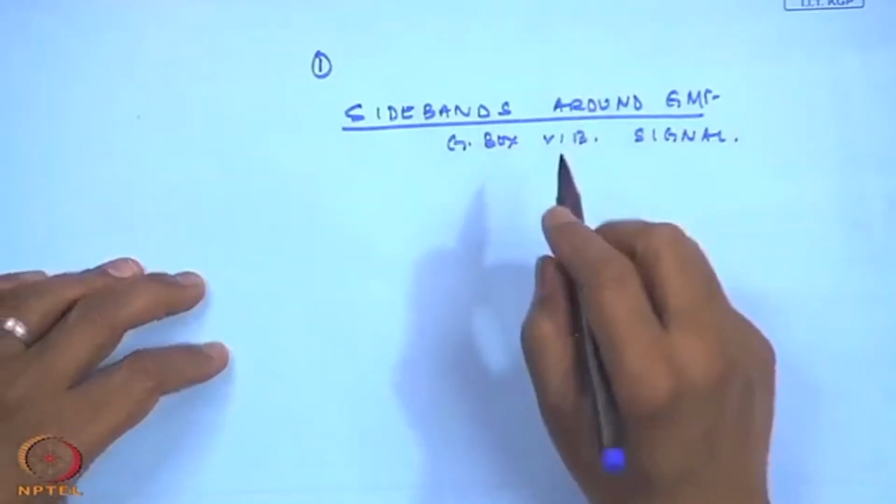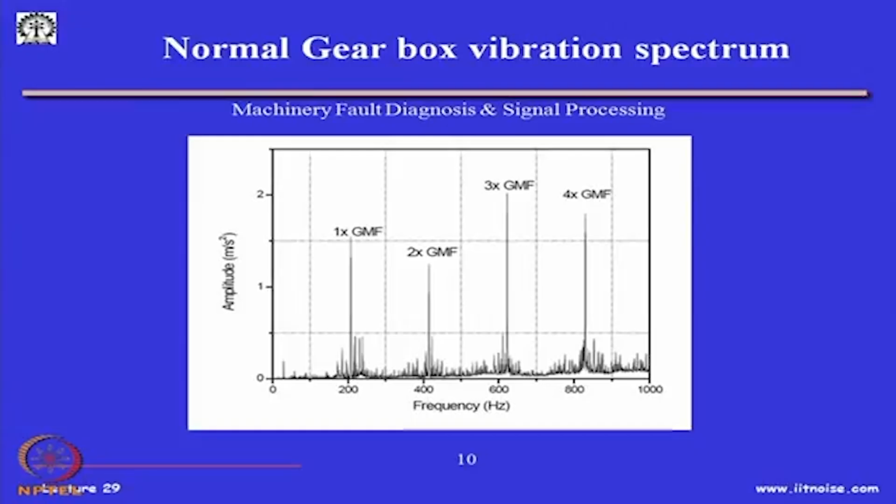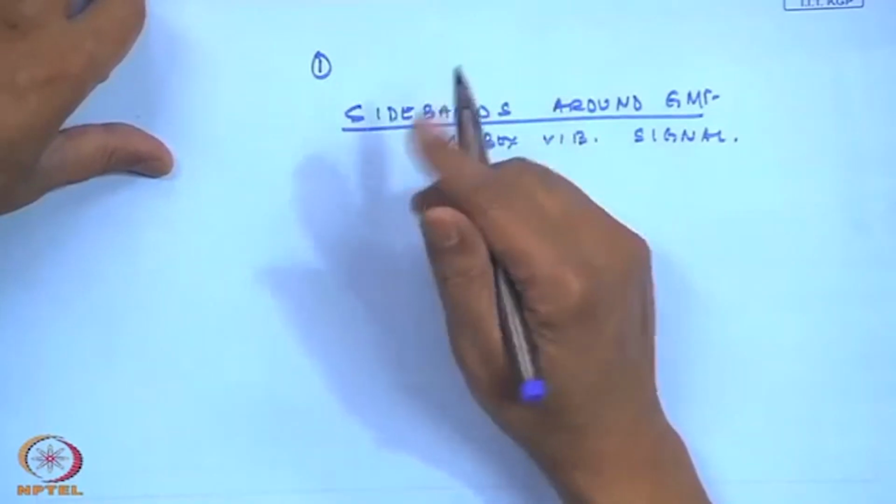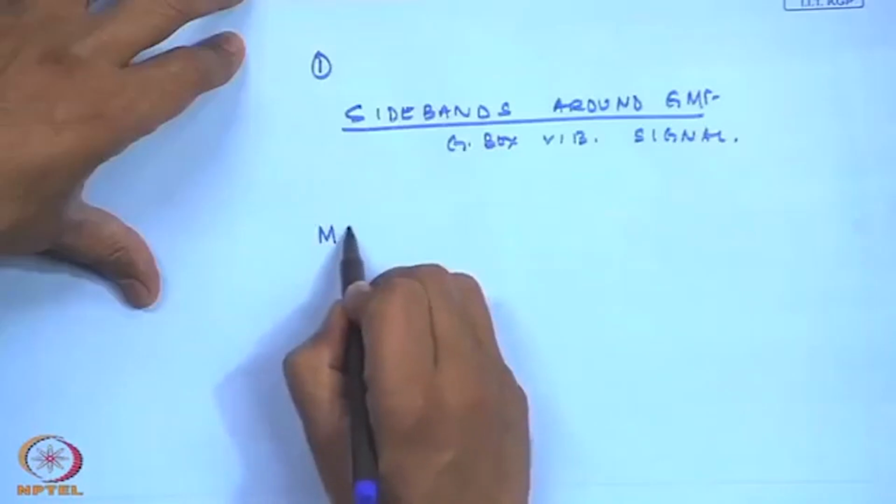And to find out more about the sidebands, we have to use the technique of subsystem analysis. So, just to quickly recap, I did tell you about the gearbox debris and oil analysis. I mean, the gearbox oil will lose its property, the debris will be deposited. Looking at the debris, we can get some clue. Next is vibration. Of course, another technique which we in our group at IIT Kharagpur have successfully used is this